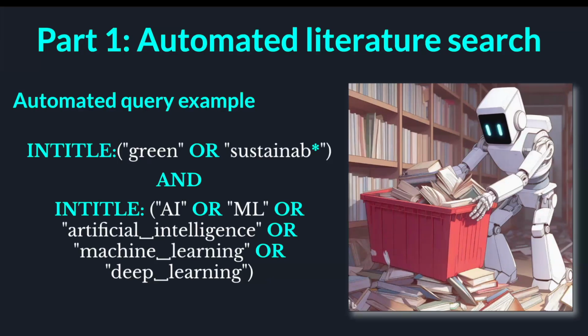So this is basically what we came up with. There isn't a perfect query, right? We're doing engineering at the end of the day. So it's more like hand waving a solution which works first. This worked for us. So we looked in title. So the title should include green, because a lot of people are using it, and then sustainable, whatever there is, sustainable, sustainability, and so on and so forth.